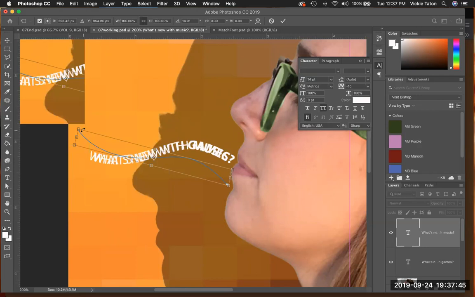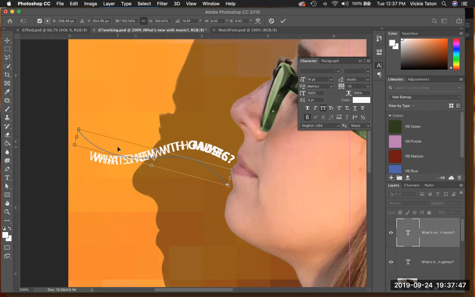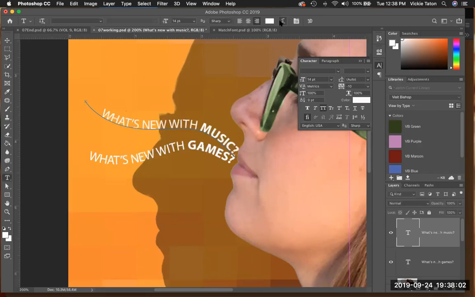And then we're going to shift it up above, so you can just put your cursor inside that path and shift it up and a little bit to the right. Okay, and then when you commit it,